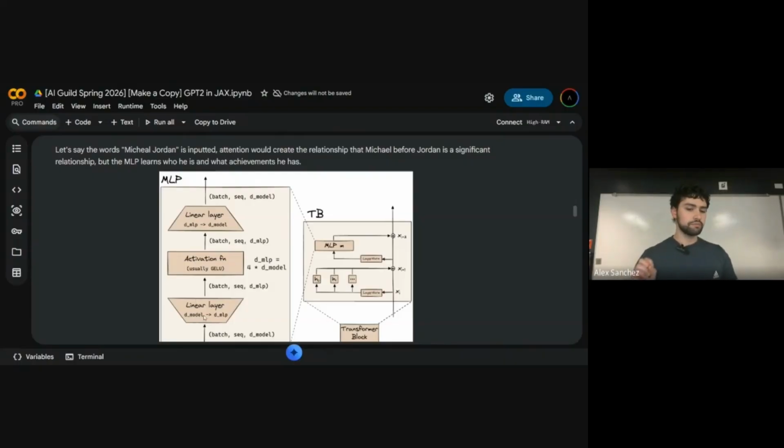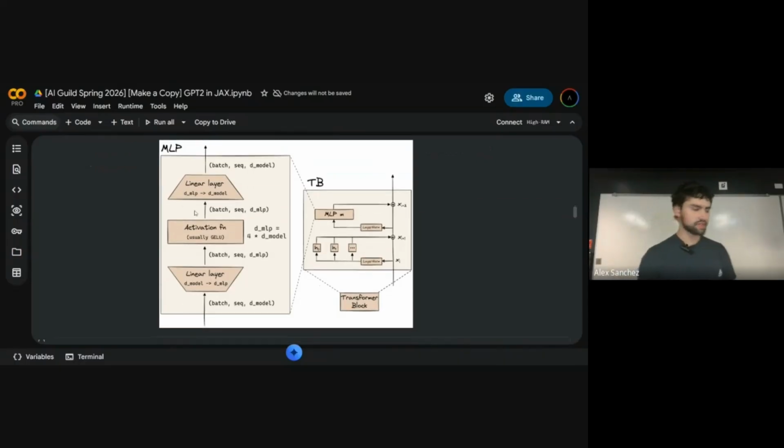We project that into 3,000 dimensions. Basically, think of going into a higher dimension where the model understands more relationships between different things. It stays there, and then it projects back into the model's 768 dimensions. And every step is that.